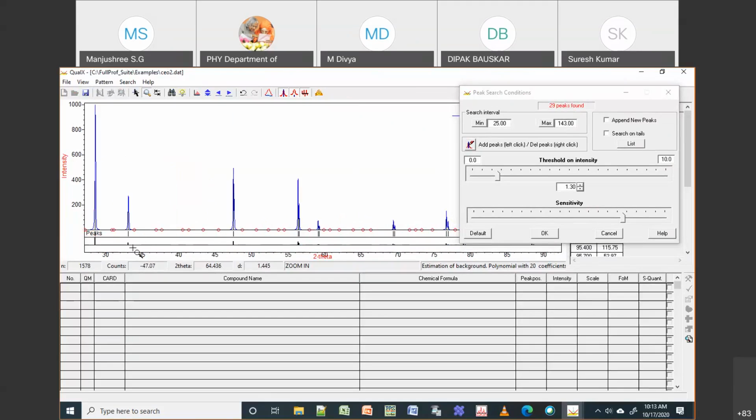some peaks here. Okay, and if I want to remove or add, then what I can do, I can actually use this threshold or sensitivity. So if I change these bars, you can see it is putting some peaks, or it is just removing some peaks. Okay, so these things you can do, or if you want to again add manually, you can click this button,